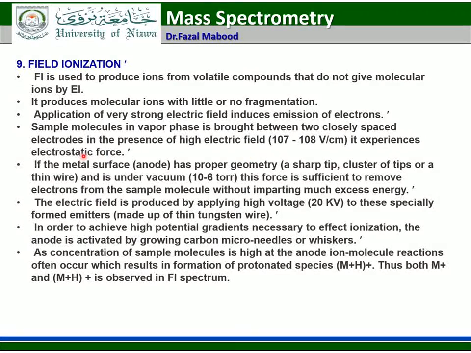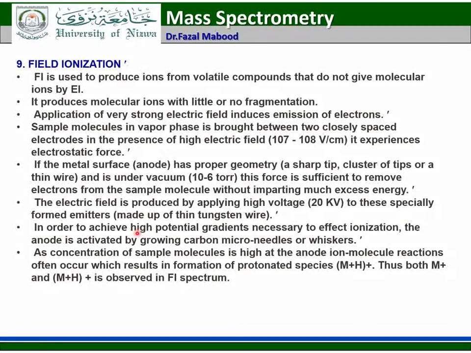The molecule experiences electrostatic force. If the metal surface has proper geometry, such as a sharp tip or a cluster of tips on a thin wire, and is under vacuum of 10^-6 torr, this force is sufficient to remove an electron from the sample molecule without imparting much excess energy. The electric field is produced by applying a high voltage of 20 kilovolts